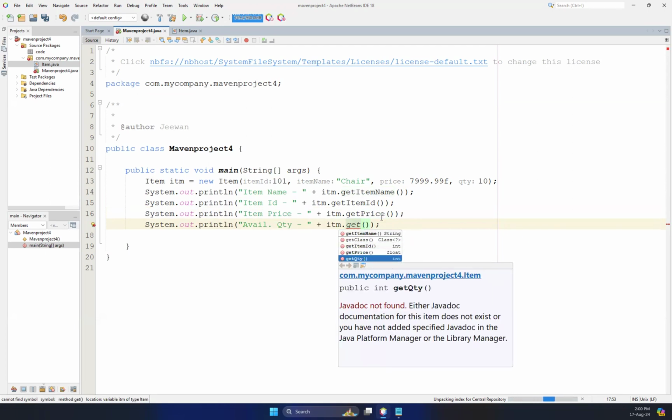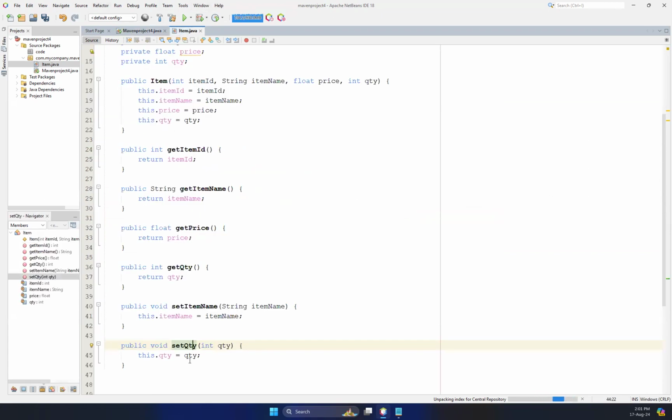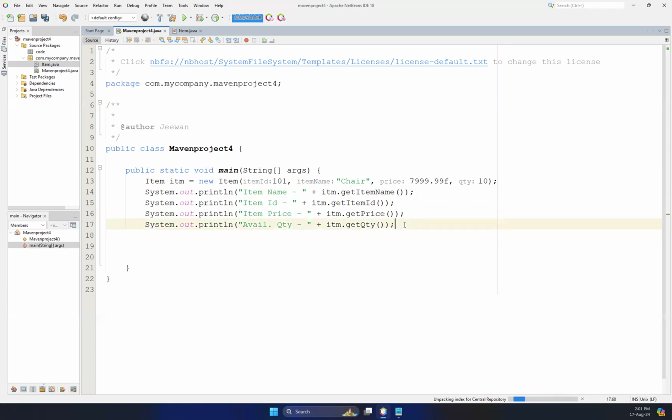Get quantity. Right now, if you want to change the value, let's say we have allowed only to change the item name, because here we have declared only set methods for item name and item quantity. Others you cannot change. Therefore, if you want to change the item name, then you can say item, the object name, dot setItemName as table, let's say. And if you want to change the quantity also, item dot